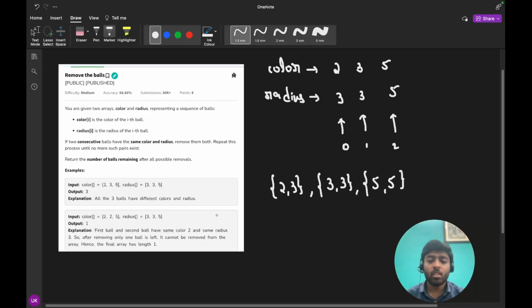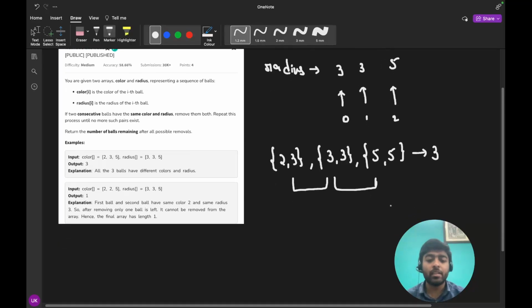Now it is saying that if two consecutive values are the same, remove them. But if we compare, these are not the same, these are also not the same. So there are no two consecutive balls which have the same values for color and radius. So our answer will be 3, because we have not removed anything.